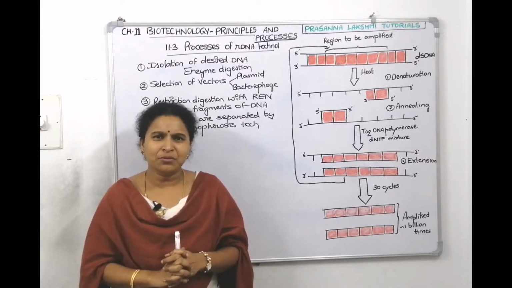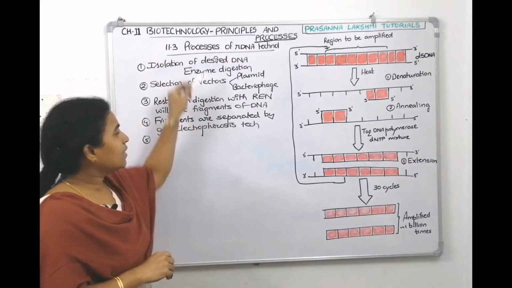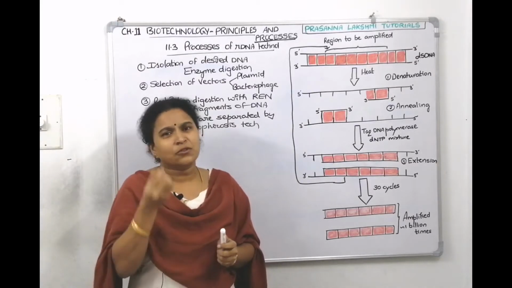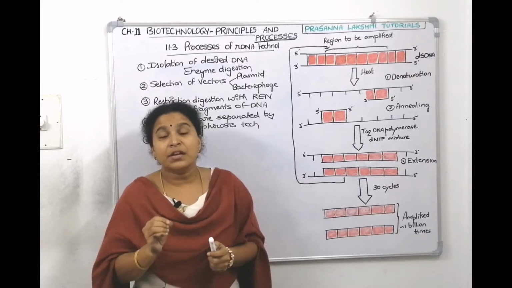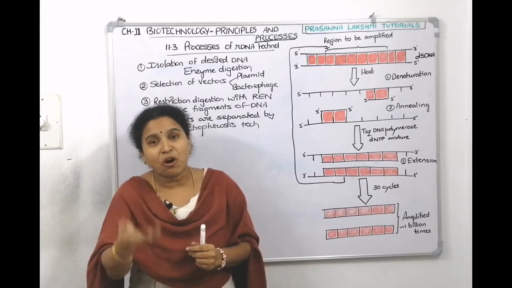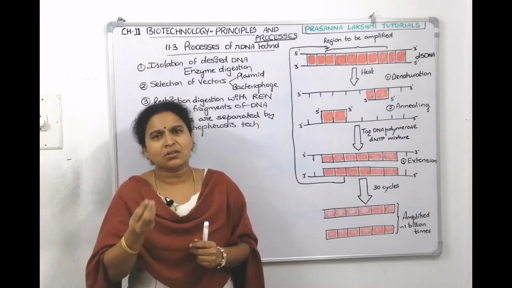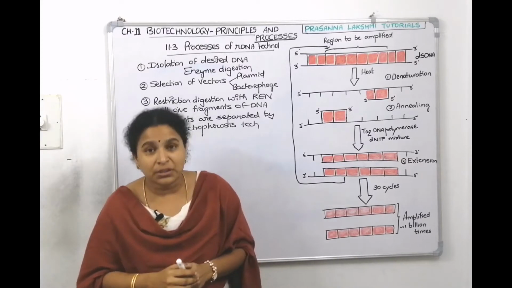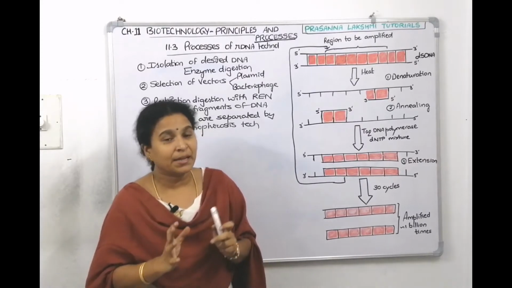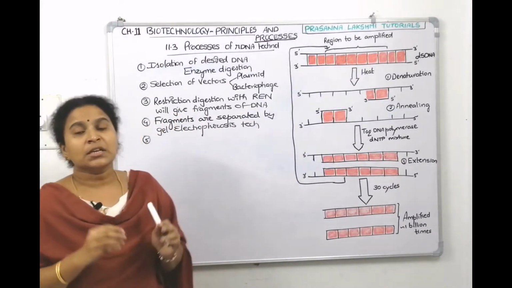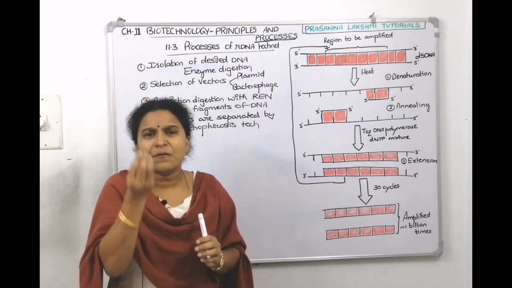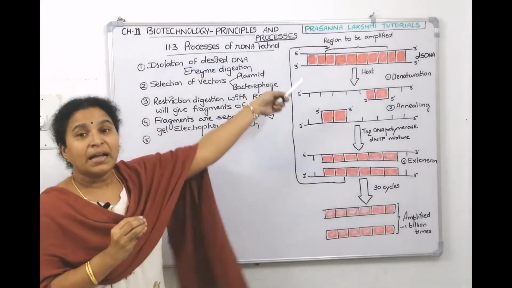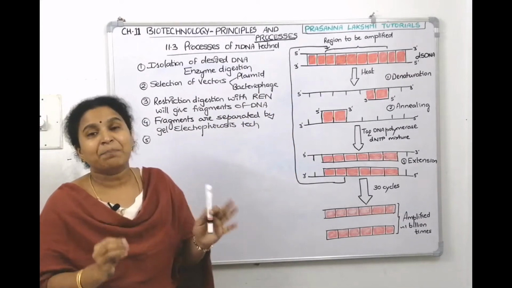After seeing this, you came to know that the DNA you have isolated so far is very, very less, not enough to start the process. So we need to amplify it, propagate it, multiply it to increase the concentration a little bit so that we can start the process of gene cloning. When you do gel electrophoresis, the DNA you got is not sufficient to do gene cloning. At that point, we will go with PCR to multiply the DNA.